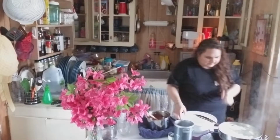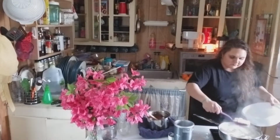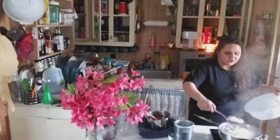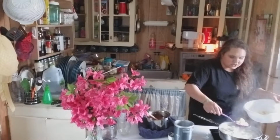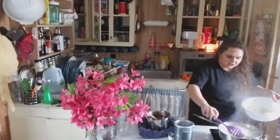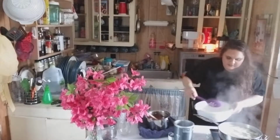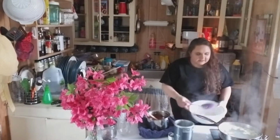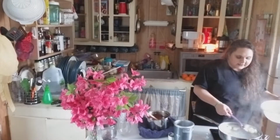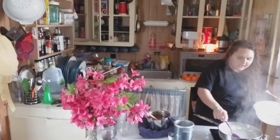Our lovely slotted spoon. Now these are going to be very soft. So when you do add in your sauce and your cheese, well, your vegan cheese, be very careful and coat these gently, because these are little bitty potato pillows. If you don't know what a gnocchi is, it is little bitty dumplings that are made from potatoes and